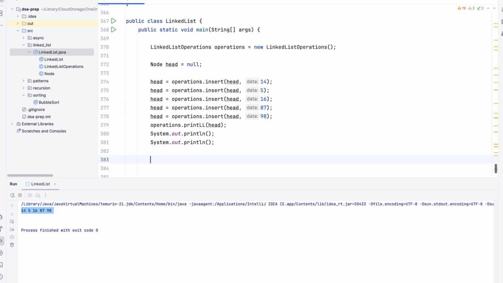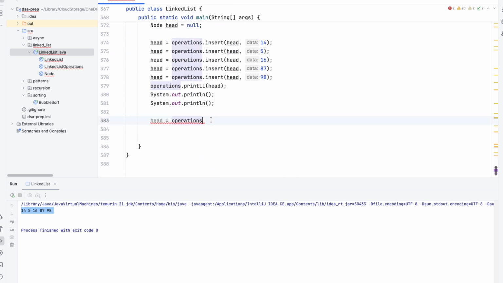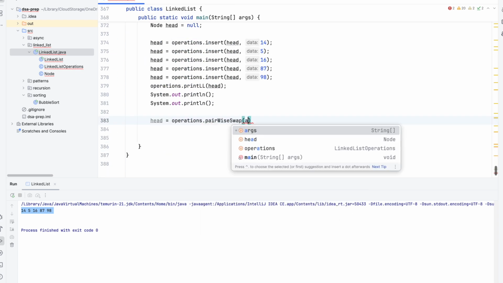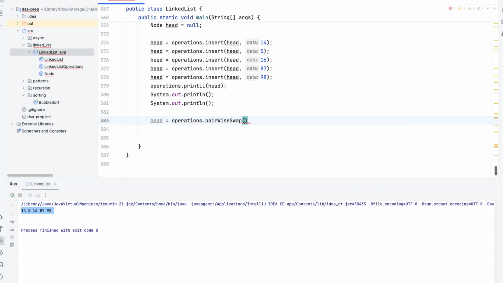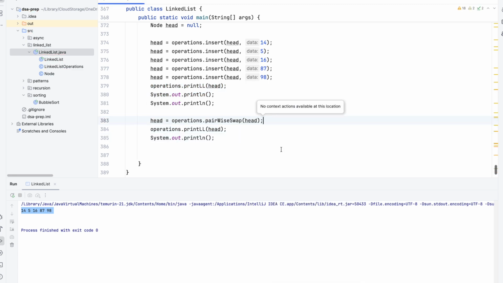We can simply get our head node into operations. We already have a linked list operation class in which we have created this function, pairwise swap. So we can call pairwise swap, then pass our head of this entire linked list. And then let's print our linked list, whatever we got after the swap.